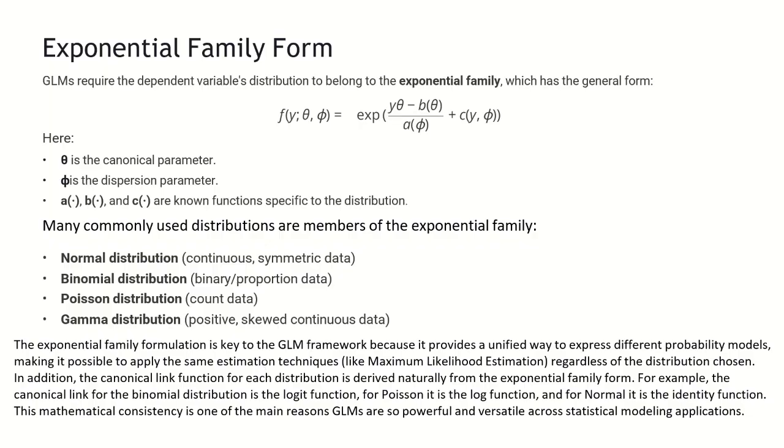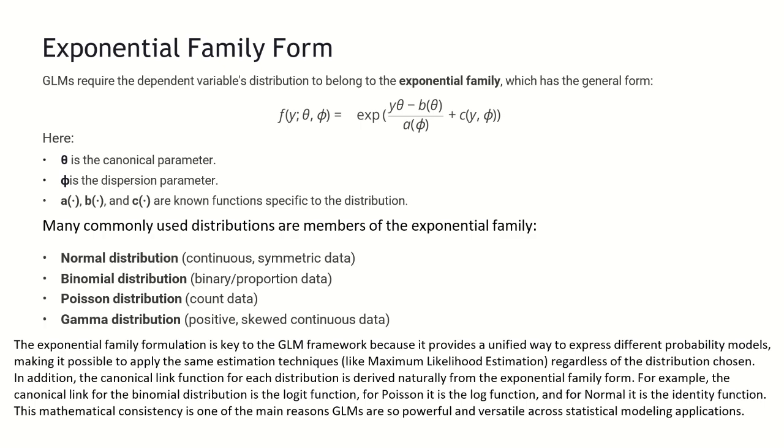In this slide, we will be focusing on the exponential family forms. GLM require that the dependent variable's distribution belong to the exponential family. This is a broad set of probability distributions that can be expressed in a common mathematical form involving theta, phi, and functions a, b, c. Examples include the normal distribution for continuous symmetric data, the binomial for binary data, Poisson for counts, and gamma